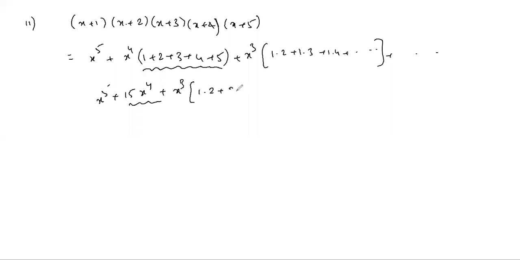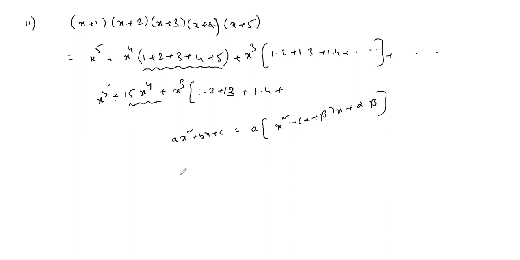Suppose if you want to find x cube, you have to take taken 2 at a time. Product you have to take 1 into 2, 1 into 3, 1 into 4, 1 into 5, 2 into 3, 2 into 4. Is there a specific formula for this? You already know for quadratic ax square plus bx plus c, you write a into x square minus sum of the roots into x plus product of the roots. This one you know.